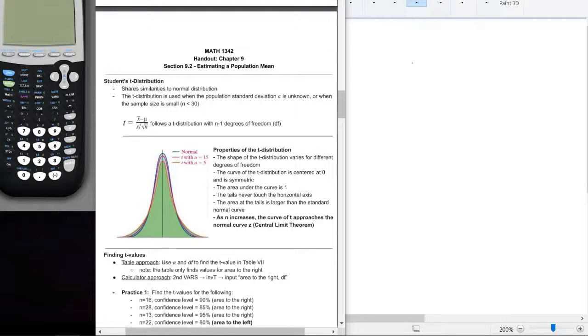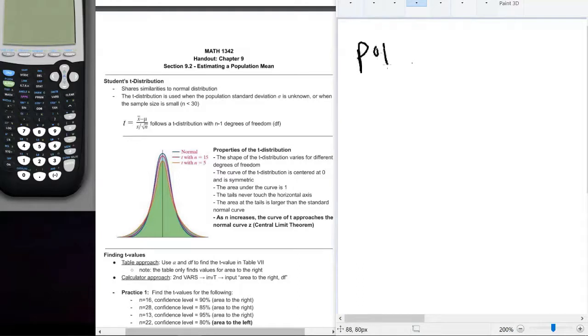In 9.2, we're looking to estimate a population mean this time. In 9.1, we were estimating a population proportion, where the best way to estimate the population proportion was using the sample proportion p hat. Here, it's very similar. The population mean,